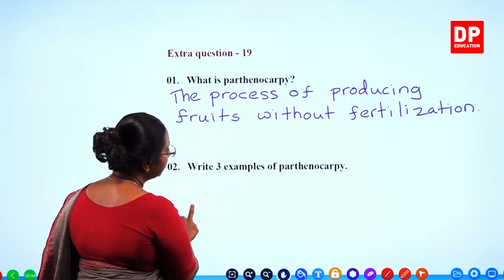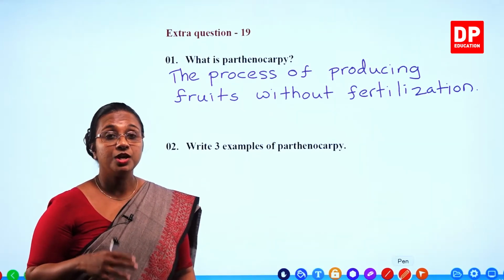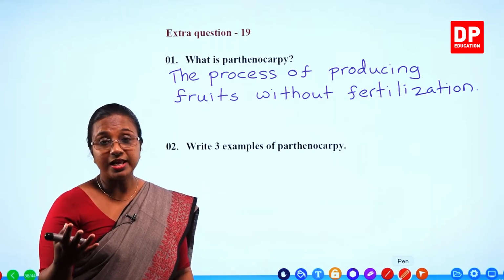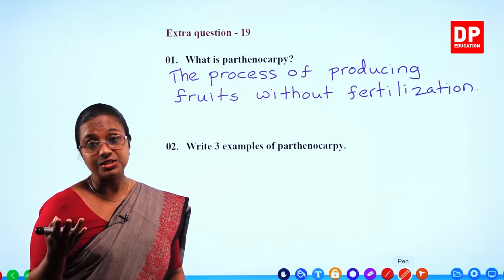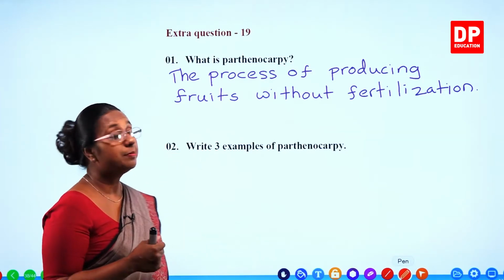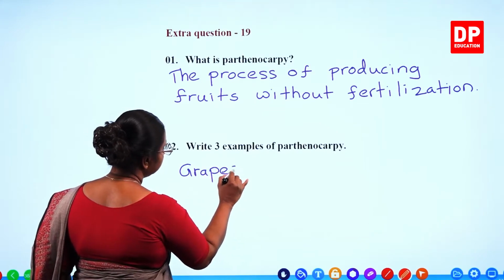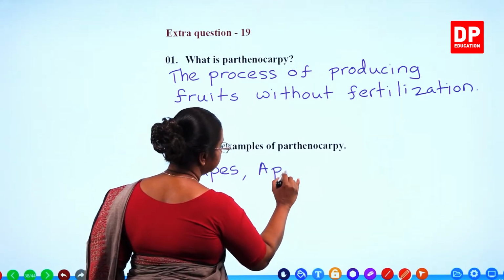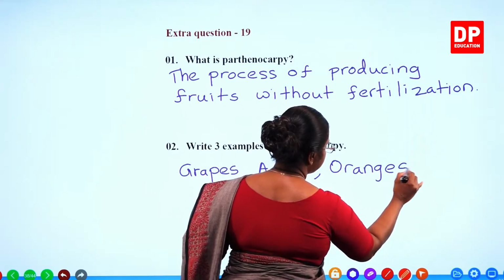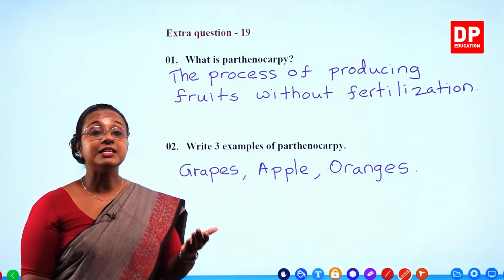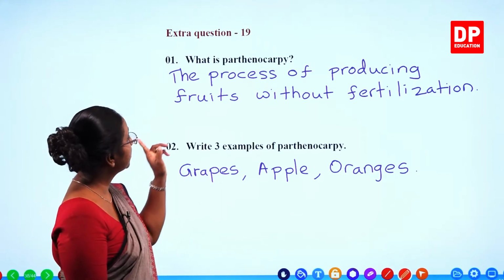Then we need to write 3 examples of parthenocarpy. What are the examples? You all know in apples, oranges and also grapes. There are seedless fruits. These are produced by parthenocarpy. So we can write grapes, apple and oranges. So in these 3, seedless fruits are produced, that is produced by parthenocarpy,